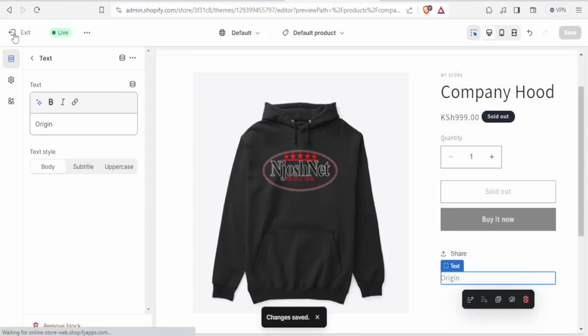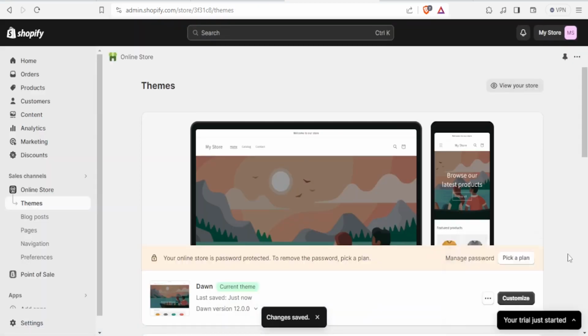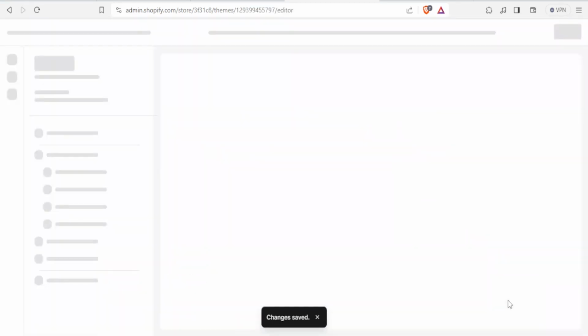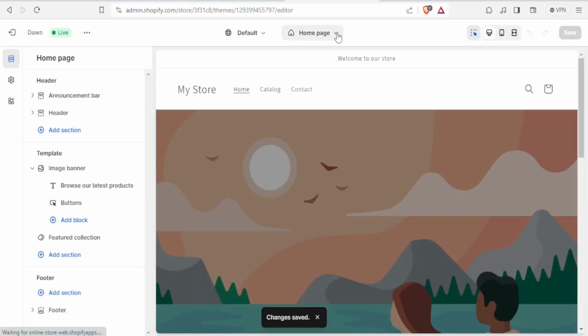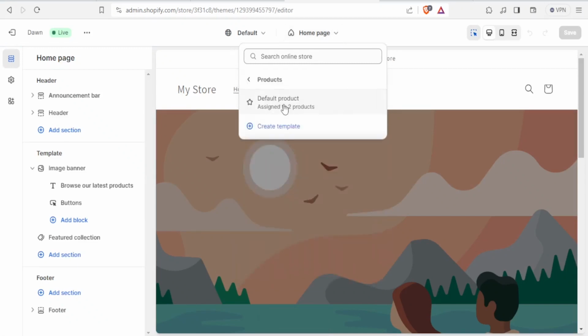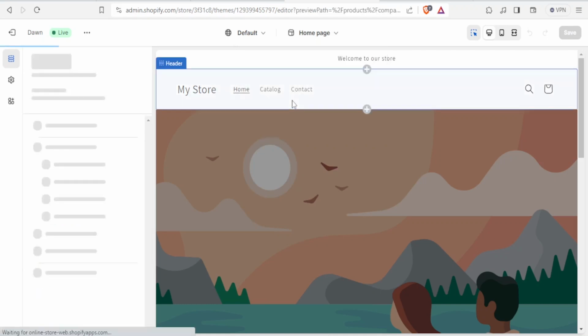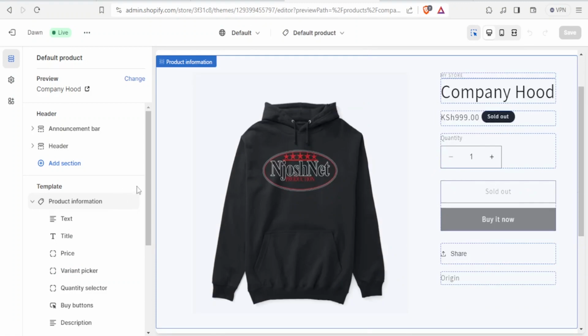So quickly, we want to add another one. We want to exit that side. Again, come to our theme. We said you click on customize, and then you want to add a custom field to the product. You click on products again, and then we want to add that. You click on the product. We want to add it here. So come under product information again,